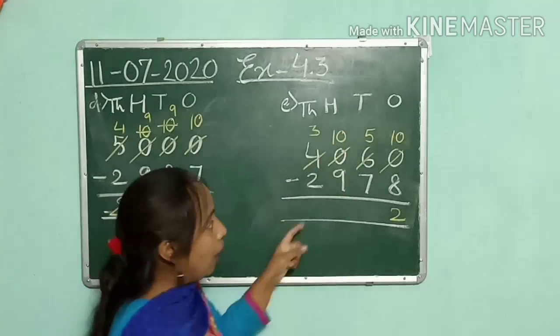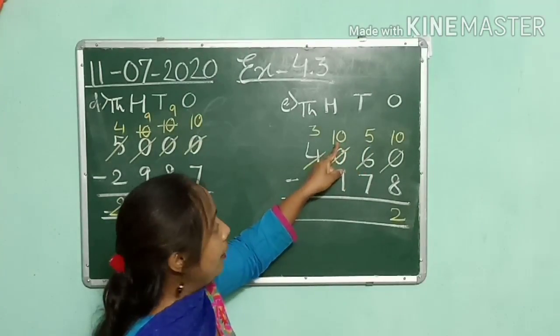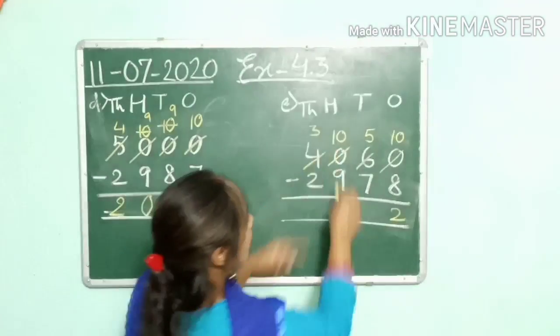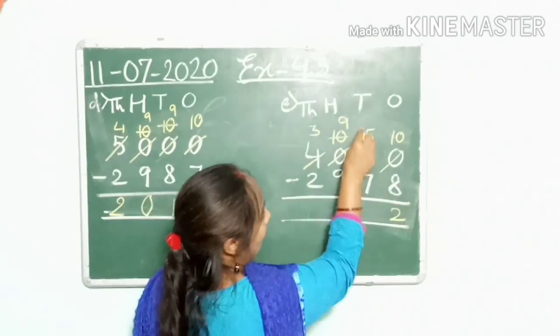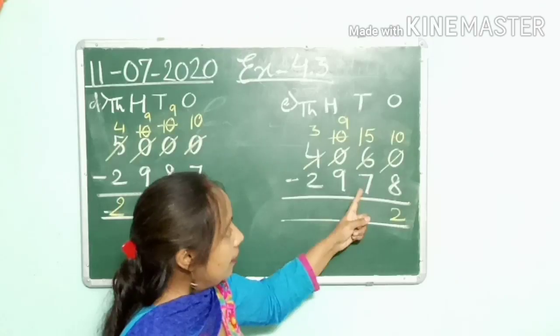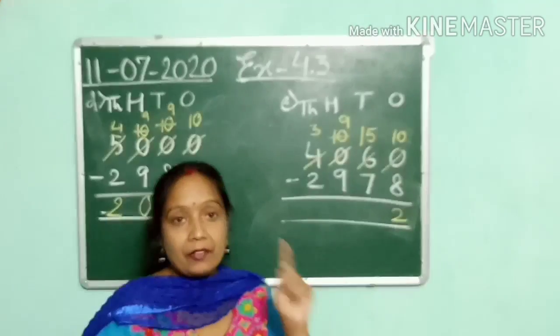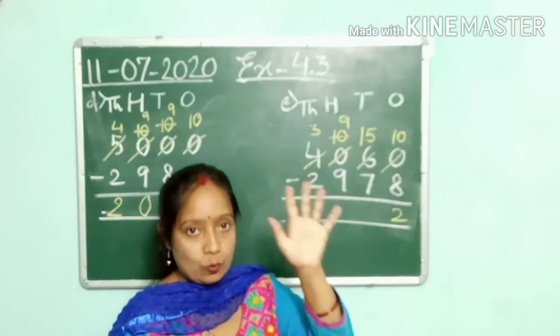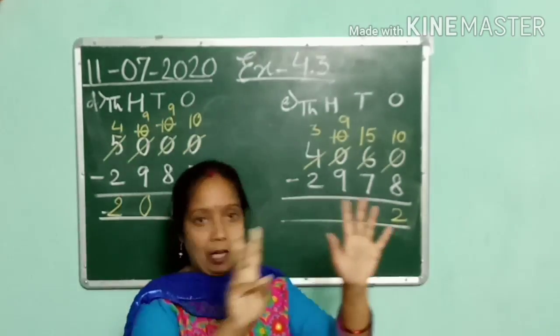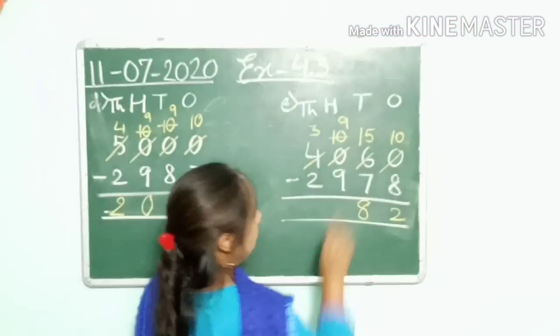Okay. Now this tens digit 5 will borrow from this hundreds digit because now it is 10. So 10 becomes what? 9. And this 5 becomes 15. Now 15 minus 7. After 7 you start counting till 15. After 7: 8, 9, 10, 11, 12, 13, 14, 15. How many fingers? 8. Right, here 8.